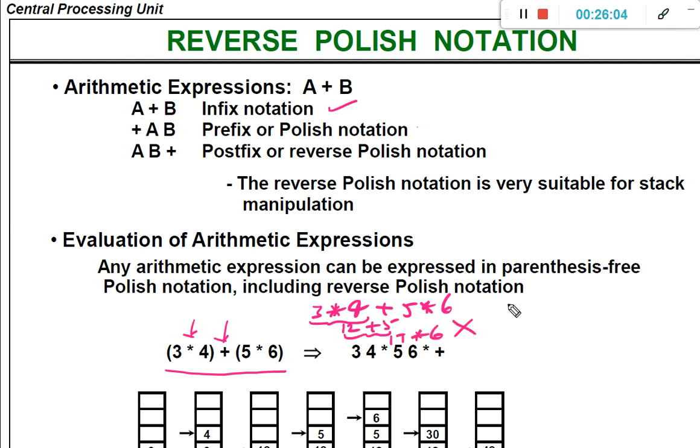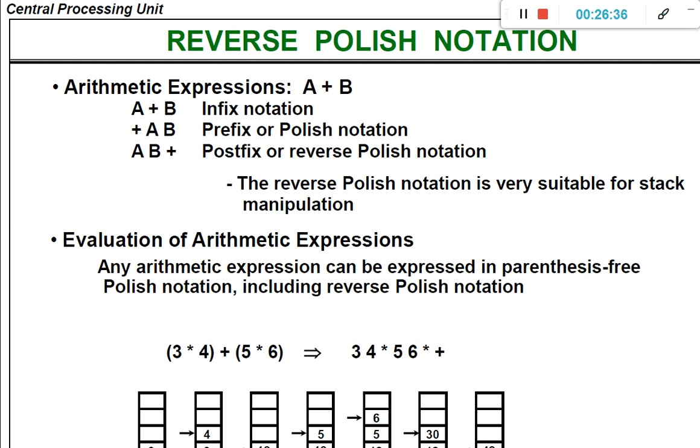We need to evaluate it such that we first calculate 3 * 4 and then calculate 5 * 6 and then calculate the sum: 12, 30, 12 + 30, 42. This is the correct value. However, this is the wrong value: 17 * 6 is the wrong value. For human beings it is very easy to recognize, but for the computer system it is not easy.